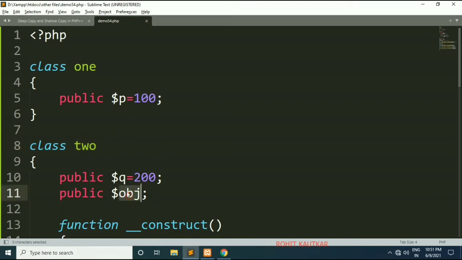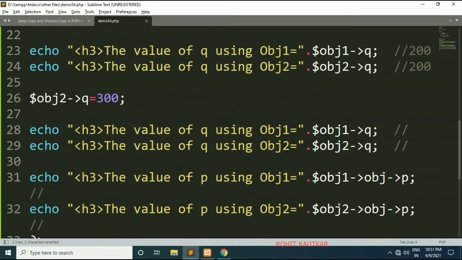This is actually the instance of class 1. So I am referring here obj2 object operator obj, object operator P. We are getting value 100 in both cases.